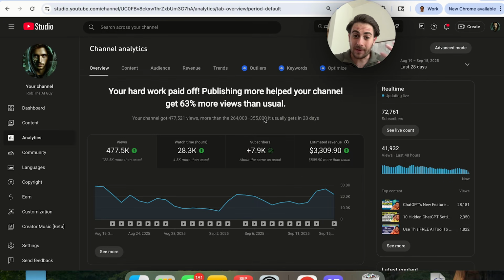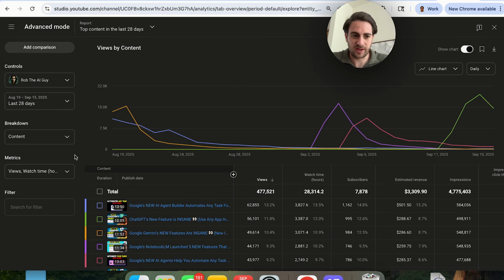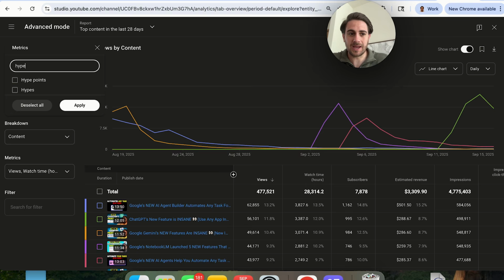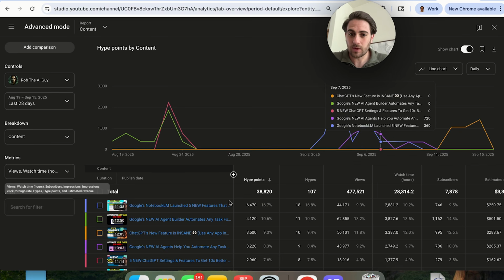So here's what you need to do. Now, in order to find out how many hype points you're getting and what content is actually doing that, you're going to come over to your analytics again. We're going to come back into advanced mode, but this time we're going to come over into metrics right here. We're going to type in hype, and you're going to see hype points and hypes. What this is going to pull up is what videos are getting the most hype points